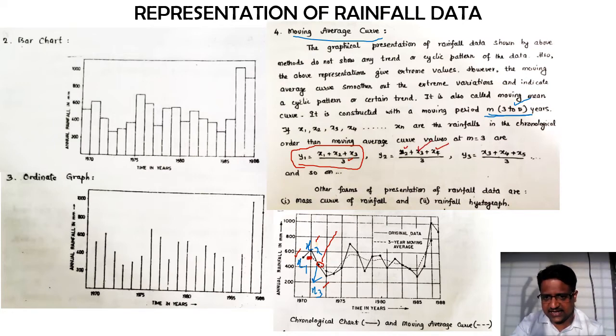x4 is where? x4 is here, the next bottom portion which is over here, right? So this is nothing but the x4 which is there. So for the y2 they have taken the next 3 years of data and then they have got this. Now similarly they will go on doing this for all the things.